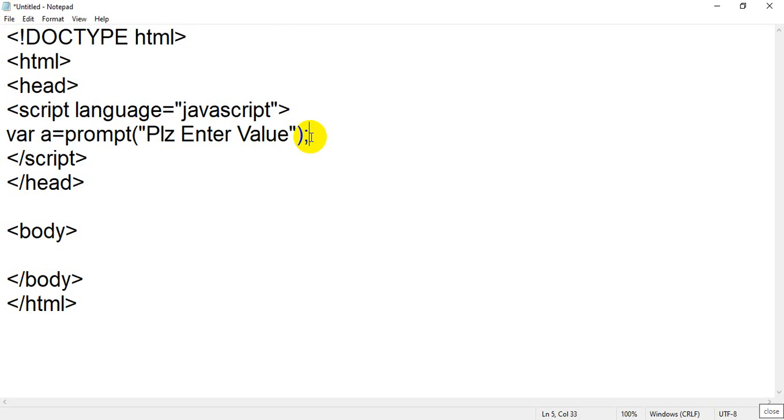It's up to you whether you want to add it, because JavaScript is very similar to C, Java and C++, where it is a compulsory rule to put a semicolon at the end of the statement, because it's written in their syntax.